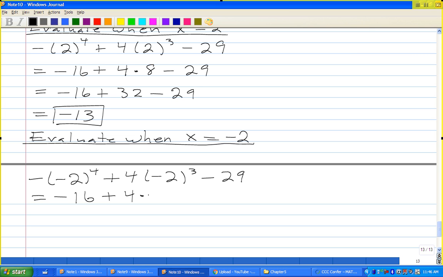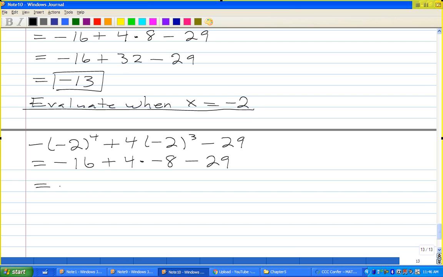Negative 2 cubed, negative 8. Four times negative 8, negative 32. Negative 16 minus 32, negative 48, minus 29 is negative, so 48, 60,